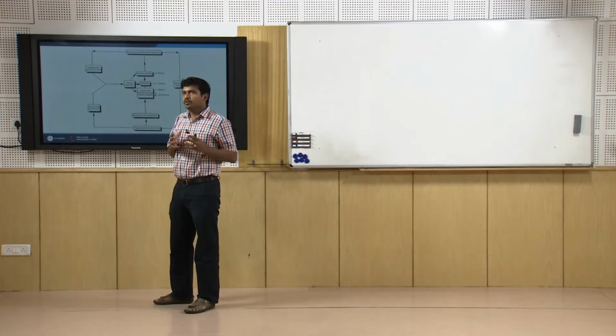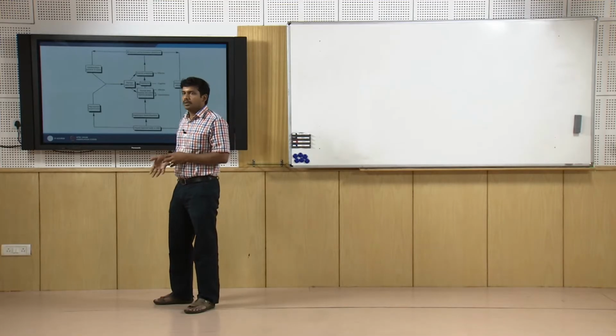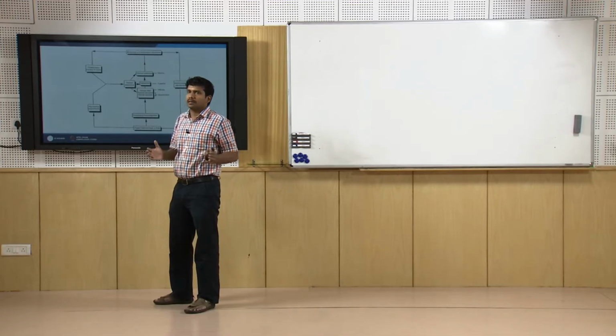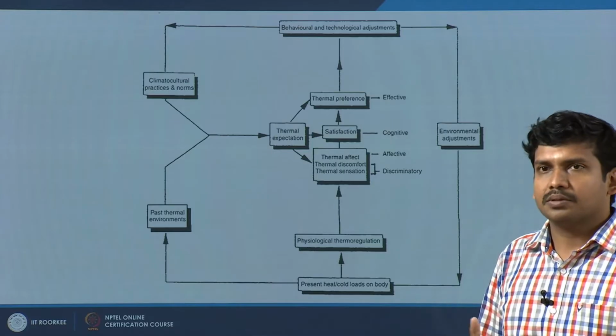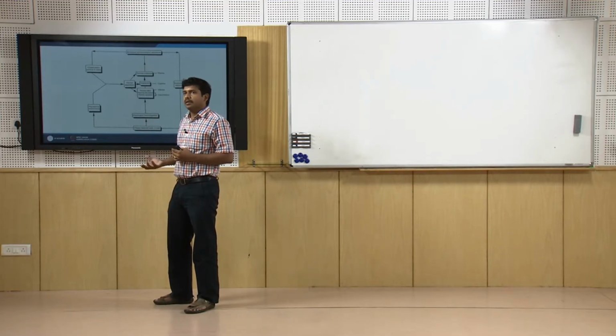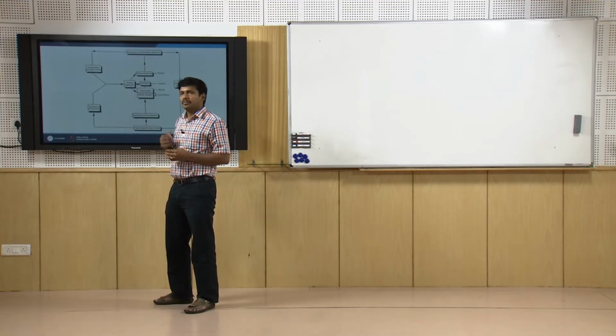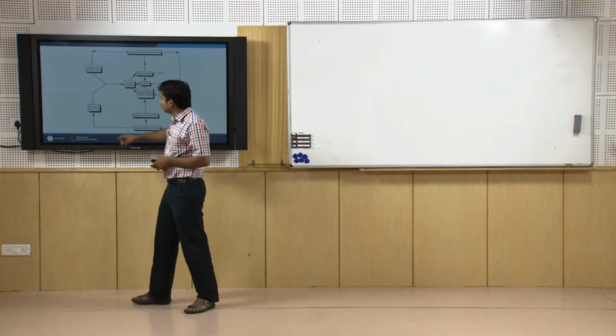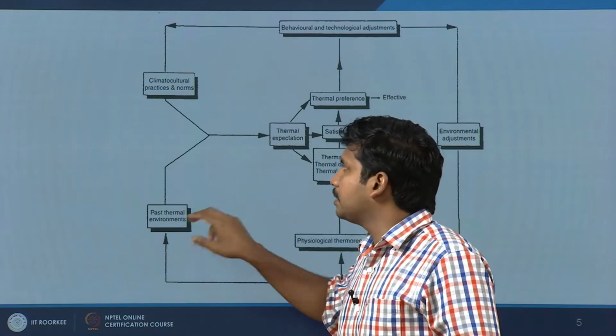Similarly, if you move from a hotter zone to a colder area, you need quite a longer duration to adapt, this is long term. But then suddenly it rains in summer. The first day you are happy, second day it is raining, but third day it starts getting sunny again. It is a short term thermal disturbance. Your body gets acclimatized to the heat, suddenly it rains, so there is a thermal readjustment, and then when you get sun again, you cannot tolerate it for the first day, second day, but in 2 to 3 days time you get used to it again. This is a short term adjustment. So, this is the short and long term past thermal environment.